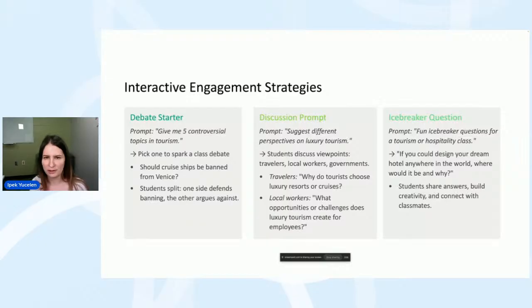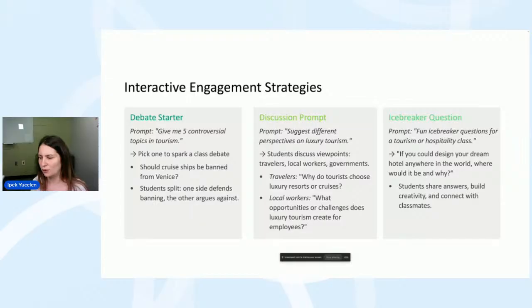You can ask for a discussion prompt, like suggest different perspectives on luxury tourism, and it can give you viewpoints based on whether they are travelers, local workers, or governments, and you can actually assign different groups. Some students can be travelers, and some students can be local workers, and from their perspective, you can start a discussion, how they respond to you based on that discussion topic.